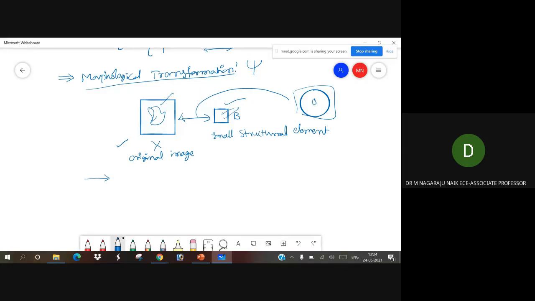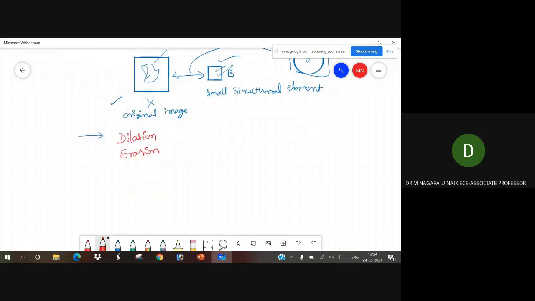The systematic operations are dilation, erosion, opening, closing, hit, miss. These are the methods available for transforming the morphological models.